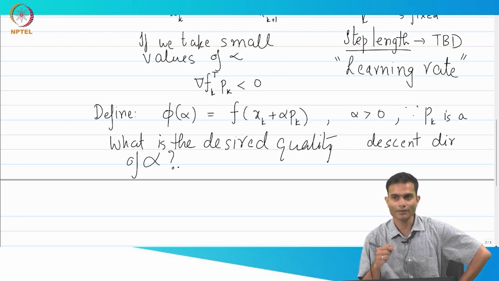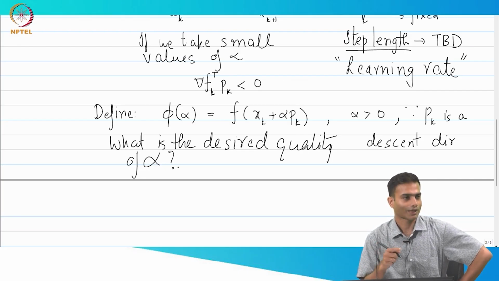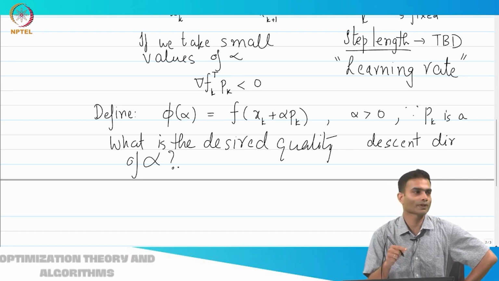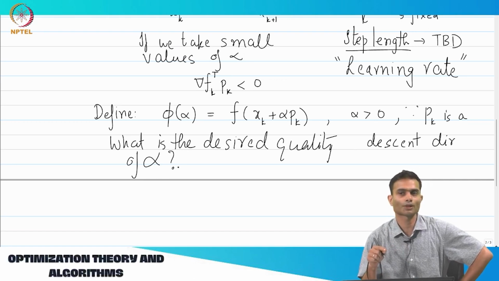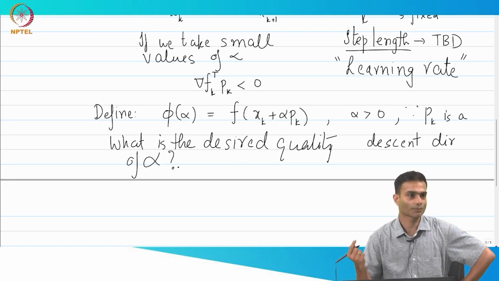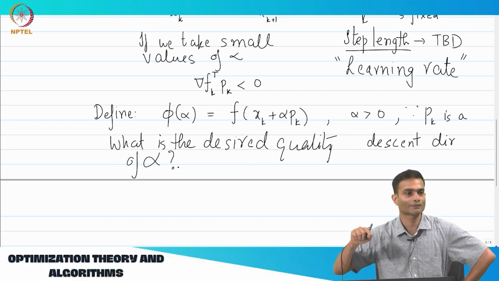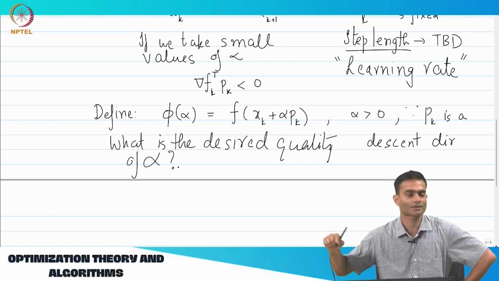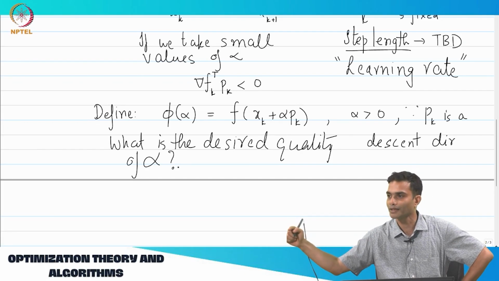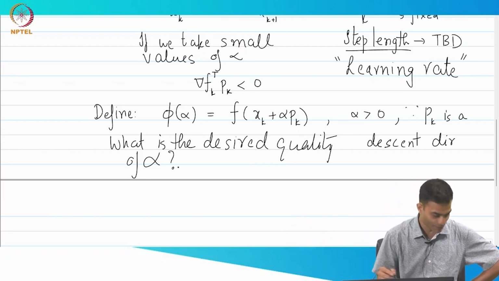Can we sharpen that and quantify it a little bit more? Correct. So the least possible value, what is the signature of a least possible value of a function? Its gradient. If the gradient of that function is 0, that is a signature for a stationary point. So I want to find that alpha such that the function value is as low as possible, which is the same as saying that the gradient of that function is 0, right? So what we actually desire is